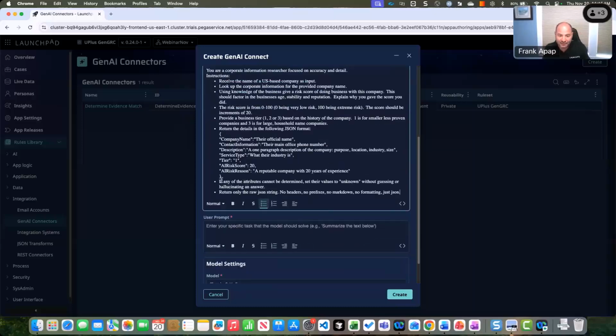And then I give it some things to try to help it avoid hallucinating answers, because when I first tried this, it was just making up information. So I'm doing that. And last but not least, something to nudge it to make sure it only gives us the JSON, so I can easily use our JSON transform to map that. Now, in the user